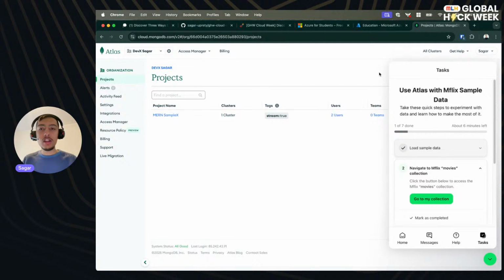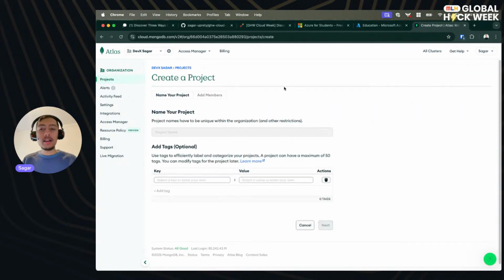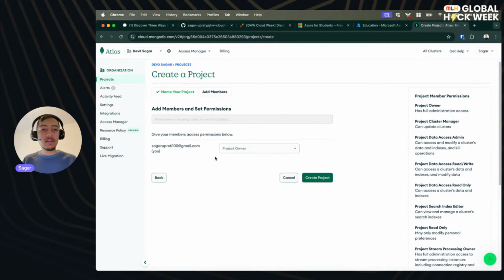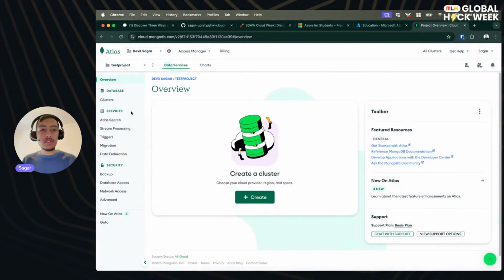I have already created a project. You can go ahead and click on new project and just enter some name that you want for your project. That should be enough. I can show you the steps. For example, name your project something like test project, and then click on next, and you can just add yourself as the owner, and this is going to create the new project. Once the project is created, I need to